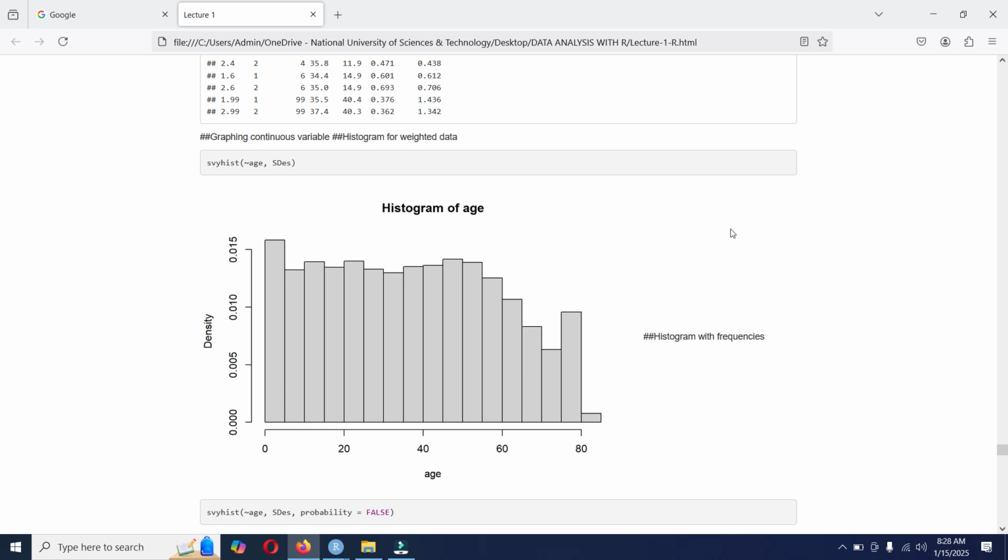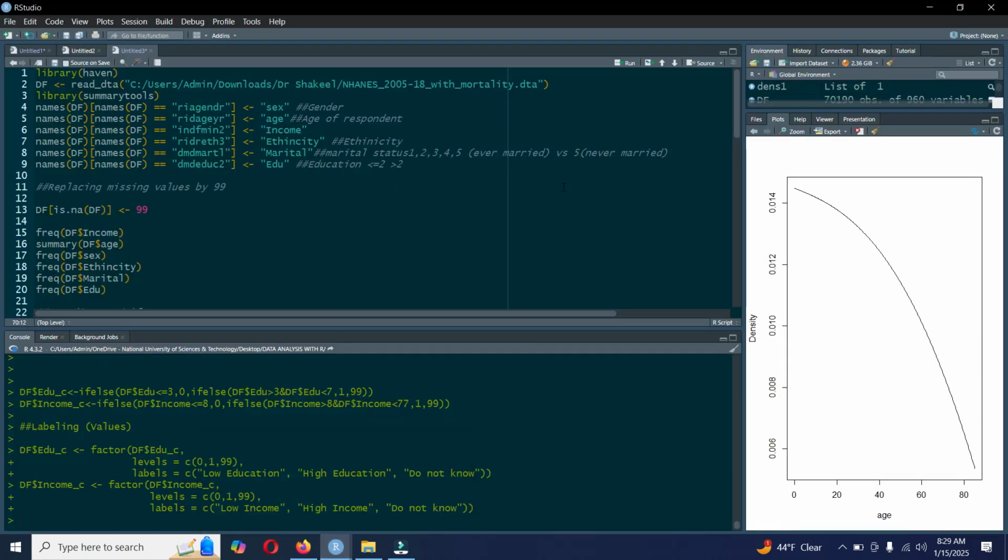In this tutorial, we will learn how to produce different graphs using survey design functions. Basically, for weighted data, we can visualize data using different graphical functions. So we start with a histogram, which we construct for a continuous variable. We again start with our National Health and Nutrition Examination Survey 2005 to 18,